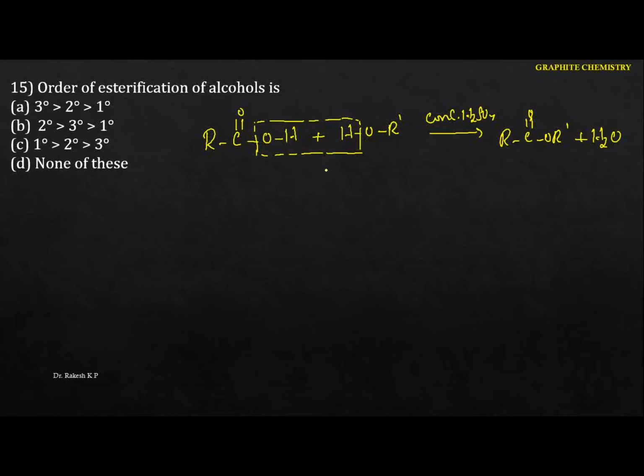That means you have to identify which alcohols will be more reactive. Okay, so now generally we know that methyl alcohol is the most acidic one, next comes the primary, next the secondary, next the tertiary. That means the cleavage of the OH becomes very fast in methyl alcohol. Next is the primary. If the cleavage of OH becomes fast, the reactivity also increases. Okay, hence in this case the option is C. The option is C.